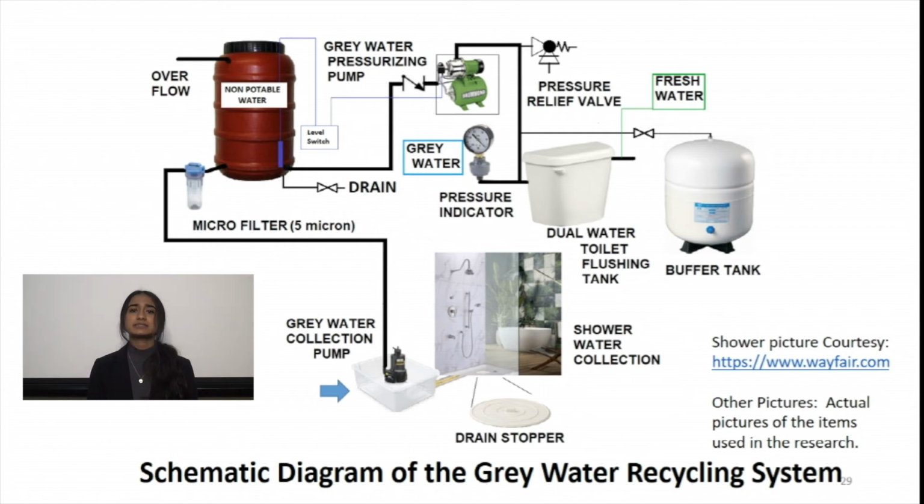Then I looked at several pumps, and I realized that a sump pump is perfect for pumping this water to the tank. These pumps are designed to start and stop automatically based on sensing the presence of water, so I decided to only use microfiltration for my study. I installed a Culligan P5 cartridge-based filter that filters up to 5 microns and used CPVC pipes to connect the